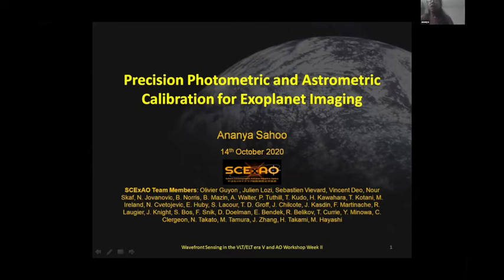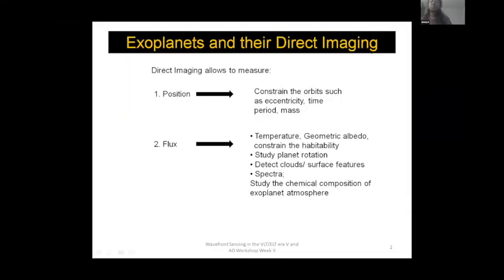And I'm going to talk partly about my PhD thesis about how to do precise photometry and astrometry for exoplanet imaging. Generally, from the exoplanet position and flux